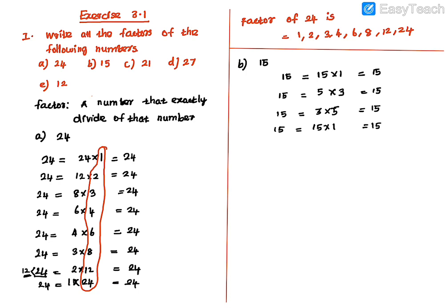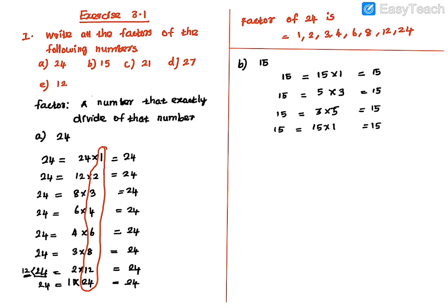Okay, so if it is an even number, like here 24, here an odd number. If it is an even number, we take half of the number, and the table multiplying half of the number goes up to the full number, that means the whole number. But here 15 is an odd number. So for an odd number we cannot say 7.5. 7.5 is a decimal number. Here we are mentioning natural numbers. Okay, students, so 15 1s are 15.